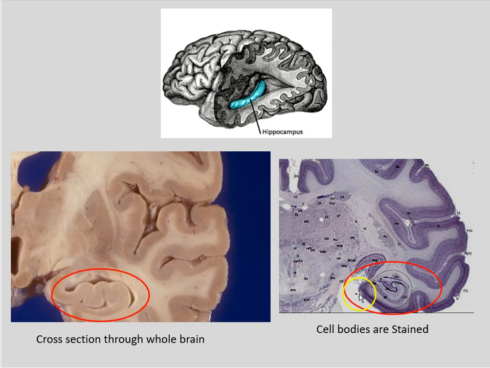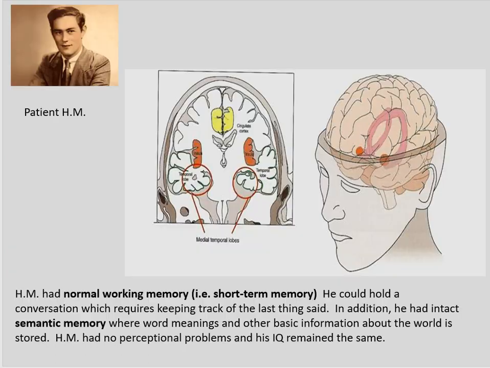And in this picture, that part of the brain has been stained with a purple dye, and we can see tiny little purple things here. Those would be hippocampal brain cells, or neurons. Now, scientists know the hippocampus is critically involved in memory because of unfortunate patients like H.M. So he is a neurological patient that was living in the 50s, and he had severe epilepsy. So he had seizures that were incapacitating him. And surgeons at the time